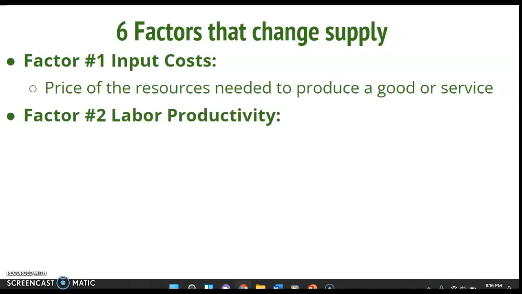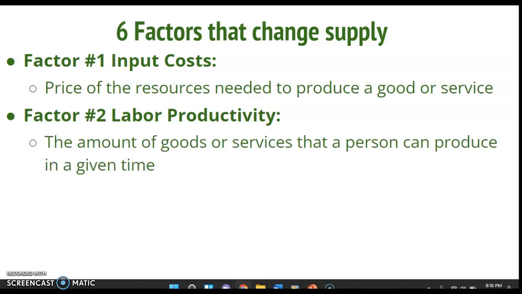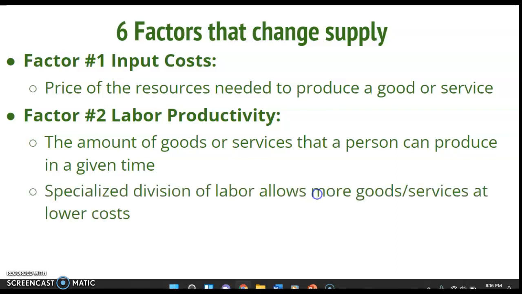Factor number 2 is labor productivity. Labor productivity is the amount of goods or services that a person can produce in a given time. Okay, there are a few ways that we can influence the change in labor productivity, and those are going to be specialized division of labor, which allows for more goods or services being made at lower costs. And this could be just simply dividing tasks to workers who are more effective at getting that task done in a quicker time span,